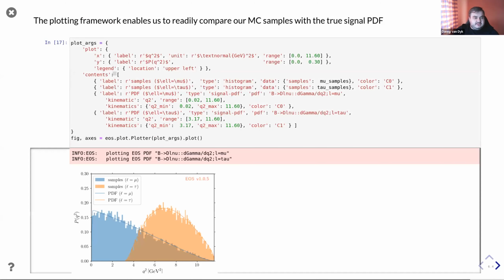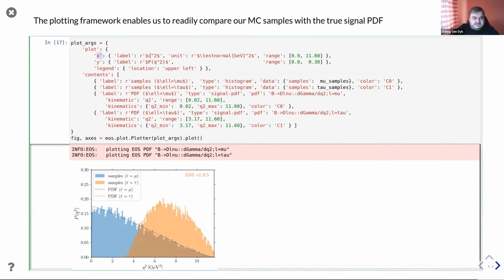So in our plot, X now shows Q square. On the Y-axis is the PDF. Legend is conveniently located, and we have 4 plot items, 2 histograms corresponding to our muon and tauon samples, and 2 plots of the analytic PDFs.